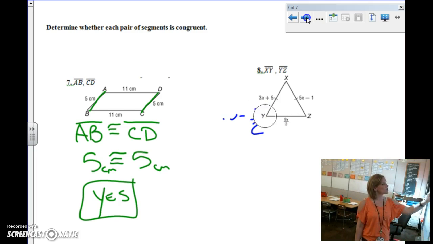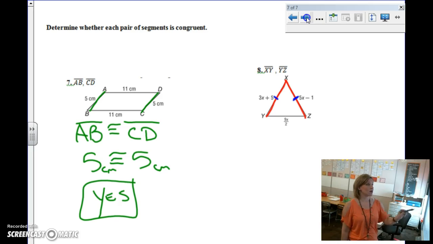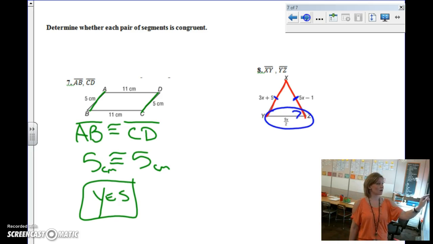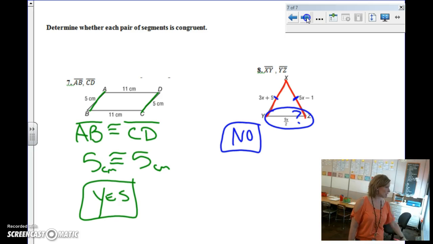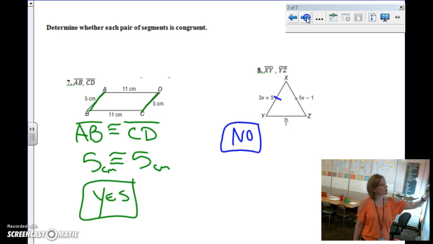But guess what? We talked about that symbol, right? Take a look at this triangle. There are two sides that are congruent. Look at this side right here and this side right here. What do you notice about them? They both have that little congruent mark. So those sides are truly congruent to each other. Does this side right here have that mark? There's no mark on it. So therefore, XY and YZ are not congruent to each other. So this one's basically a symbol problem. Do the symbols give it away whether they're congruent or not? No symbol,